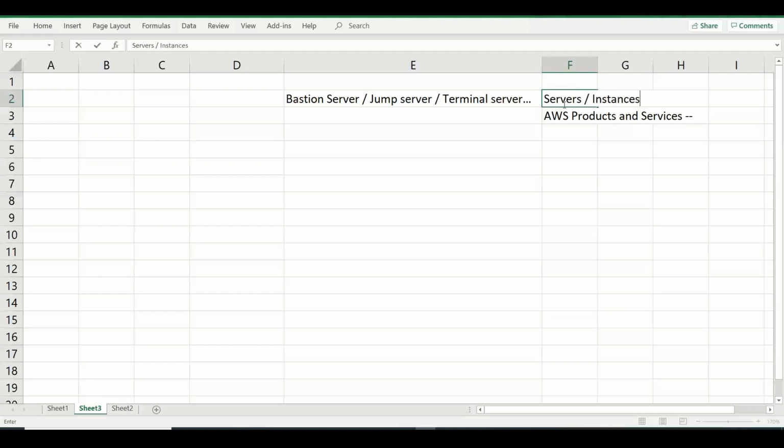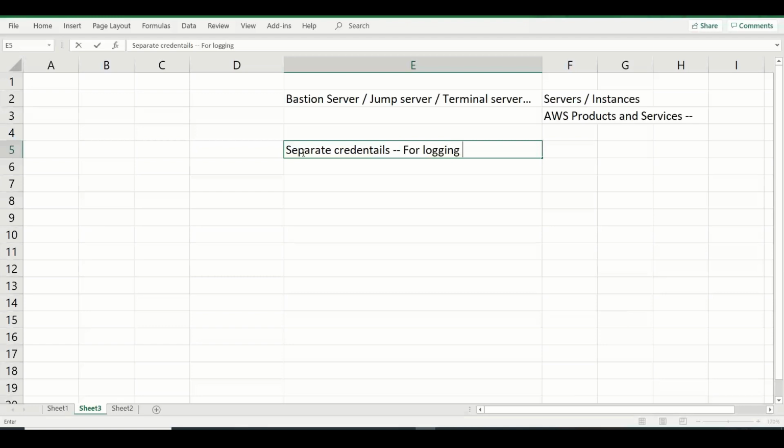And for that, you have to have separate credentials for logging in and managing the jump host and servers,